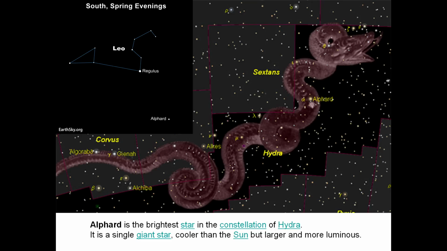The next star is Alphard, which is the brightest star in the constellation of Hydra. And it is a giant star, and it is cooler than the sun, but it's more luminous. So as far as brightness goes relative to one another, it's brighter than our sun. So also Alphard is called the lone star, and it's down here by itself in relationship to the constellation Leo. And I'll show you how this relates to another star that is in this